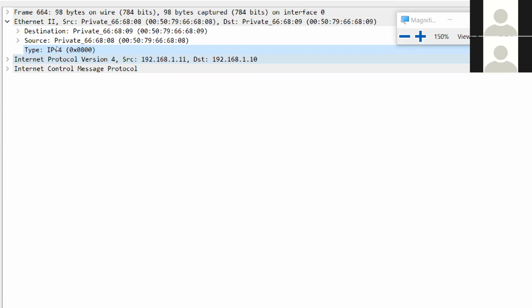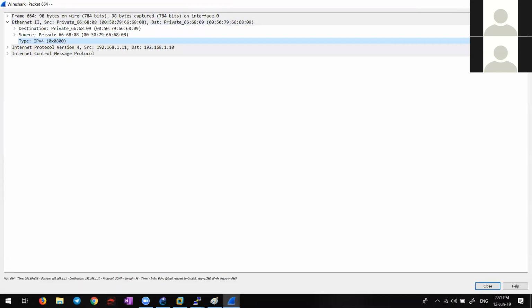I don't remember, you can Google it. There are some thousands of type codes and I don't remember all of them. If you are very smart, you can memorize them. Some important ones like IPv4 and IPv6 you can memorize, but for the others, it's up to you. So this is clear now.